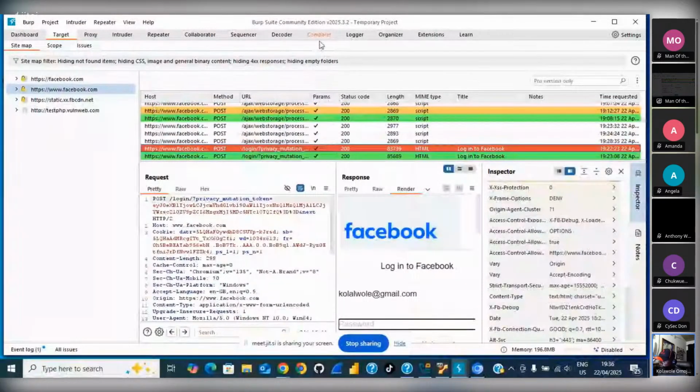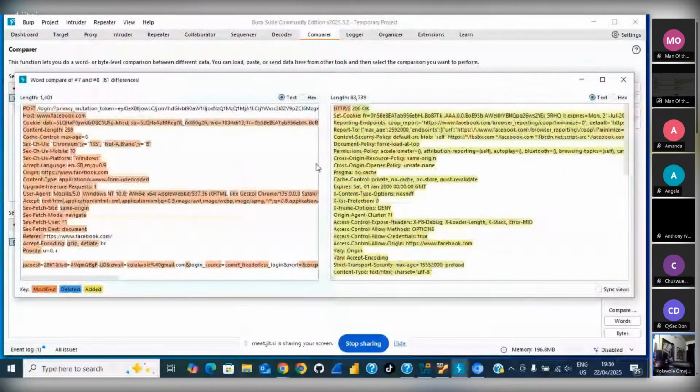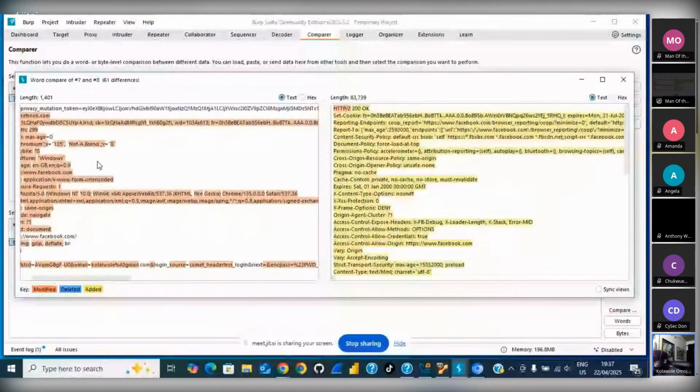So you can see that the request is 1401 and the response is HTTP2, which is 83739. So the next thing you can do is to click word to search for information to see how it